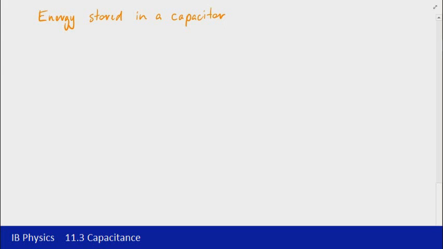Now that we know what a capacitor is, we'll have a look at how energy can be stored on a capacitor. In order to do that, we're going to refer back to subtopic 5.1, and hopefully you can recall from there, if we're dealing with moving a charge through a potential difference, we're going to do work on that charge, and the work that we do is given by the quantity of charge Q multiplied by the potential difference